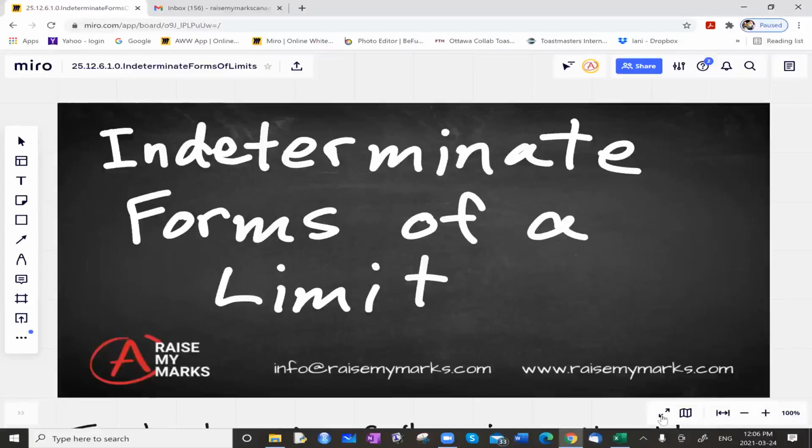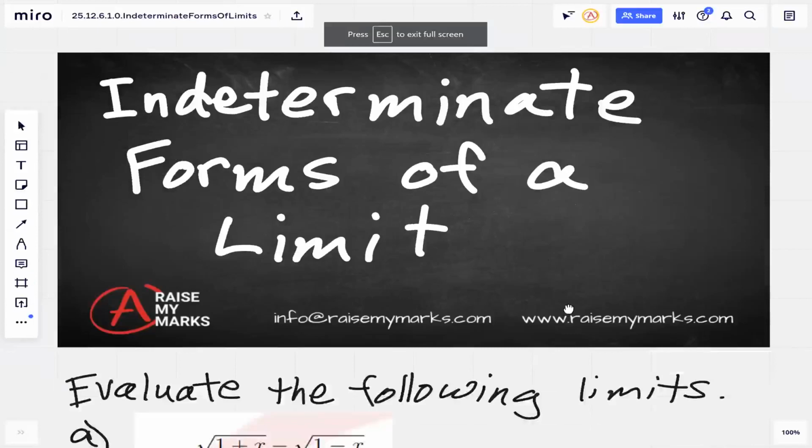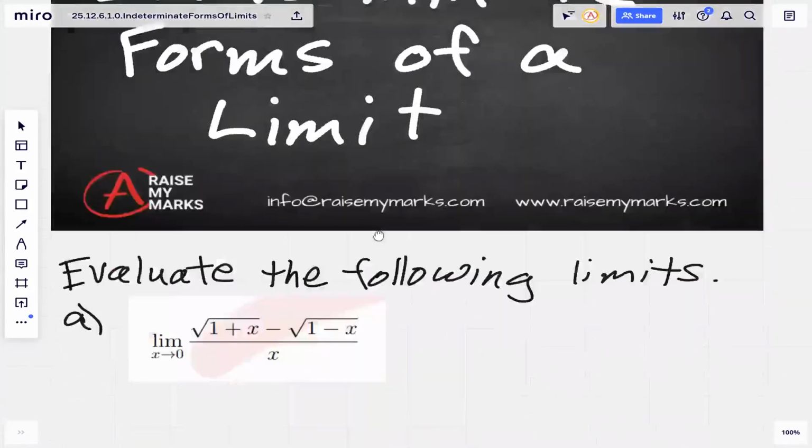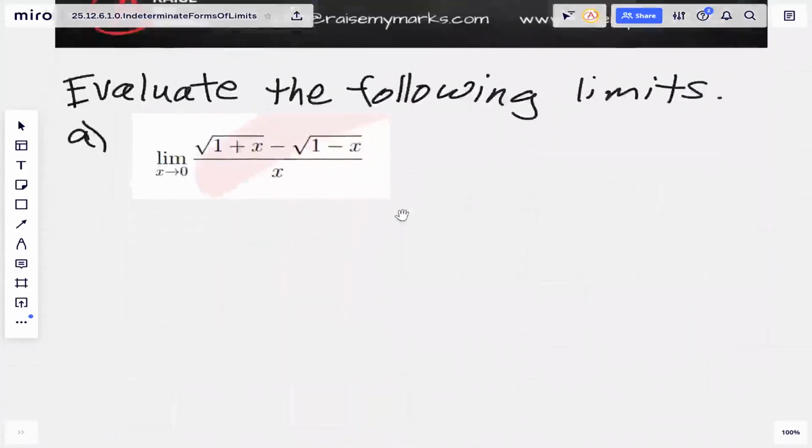Hello, today we're going to look at the indeterminate form of a limit. So we're going to look at a few limits, but they're going to have these indeterminate forms, and we're going to have a look at how to evaluate them. Okay, so our first question is evaluate the following limits, and our first limit is the limit as x approaches